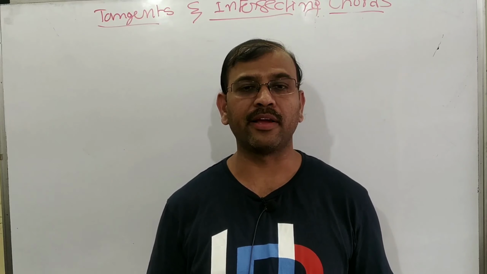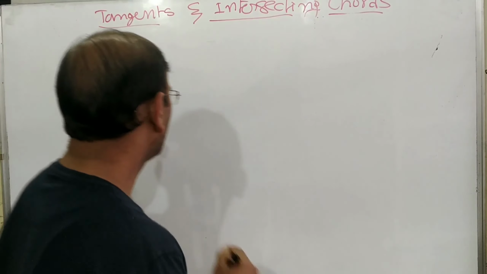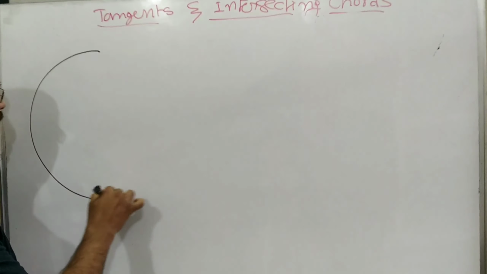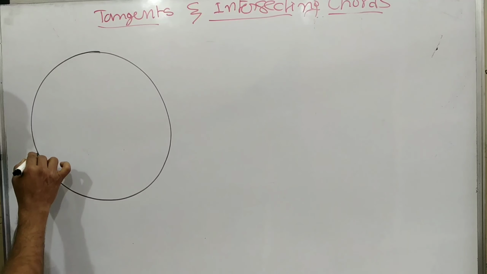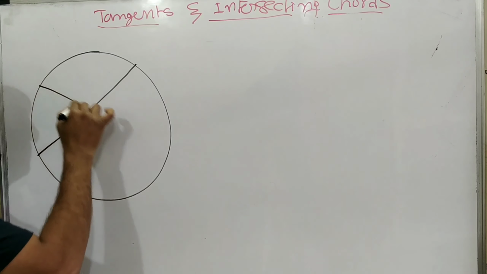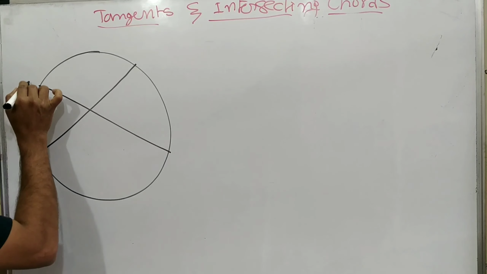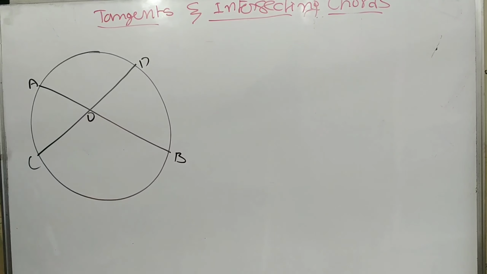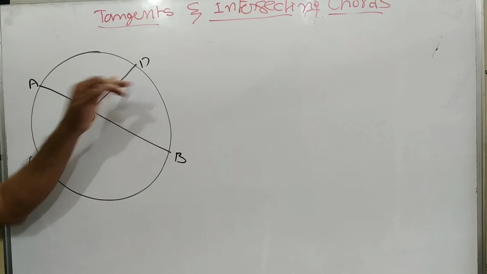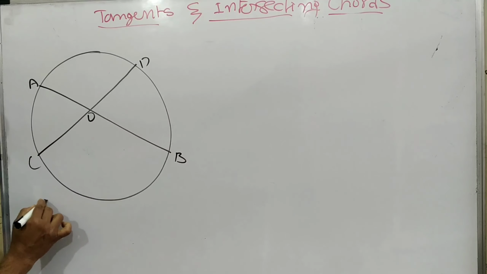These 3 important theorems I will explain in a very easy way. Now look carefully. The first one: if I draw a circle and join two chords, the 2 chords are intersecting each other. I will name the points A, B, C, D, and the intersection point O. So when 2 chords are intersecting each other, we write the length of OA,